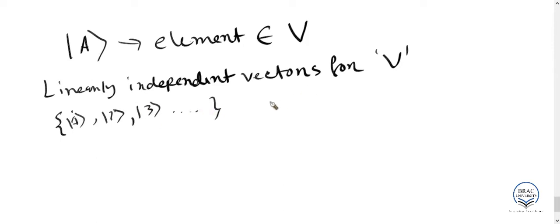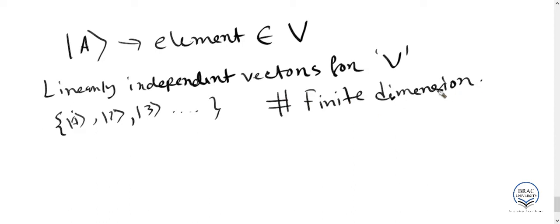Note that we'll be talking about the finite dimensional case only here. Maybe in later lectures we will generalize these ideas to infinite dimensions, but for now let's focus on finite dimensions. So we can write A in the following manner: